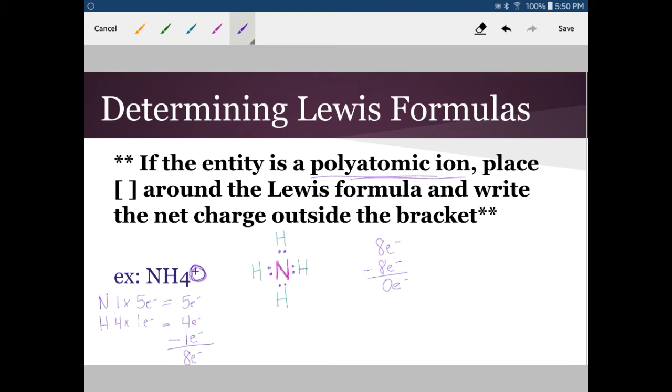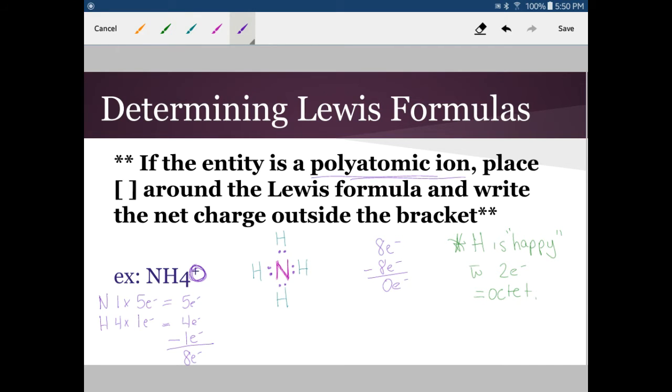Now, the one thing that is a big note that you need to make, hydrogen is happy, okay, I'm going to use my word happy again here, with 2 electrons in its valence shell. Because hydrogen is only in the first row of your periodic table, its octet is 2 electrons. So it is a full octet with 2 electrons, and that's our one example that we have there. Now, again, one thing I need to consider is that my nitrogen has a full octet, which it does. So my nitrogen has a full octet, each hydrogen has a full octet,